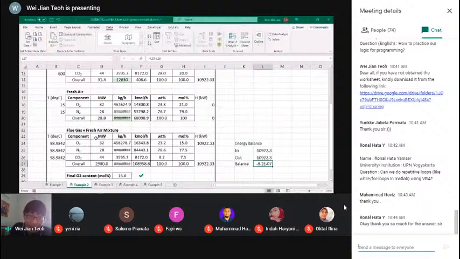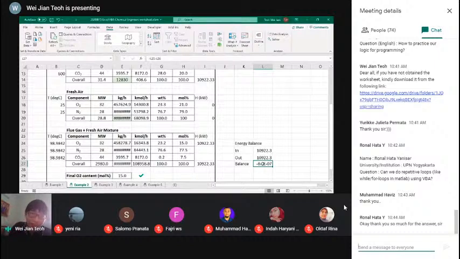blanks, but I should give you a hint on how to approach this problem. So you can see how Goal Seek can actually help you with mass balance. So I just use Goal Seek, I can get the answer. For energy balance, I need to have some VBA or some other formula, but I can also solve the problem using Goal Seek. So this is how you use it.